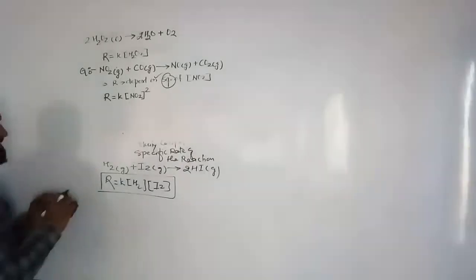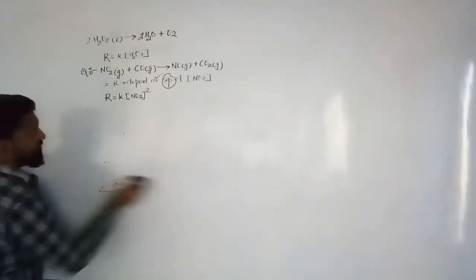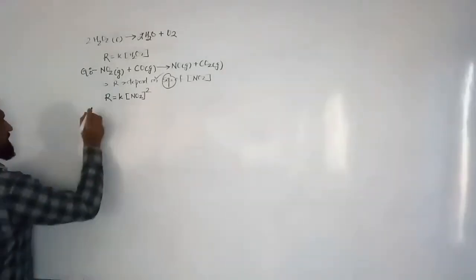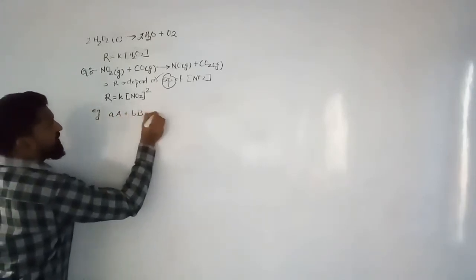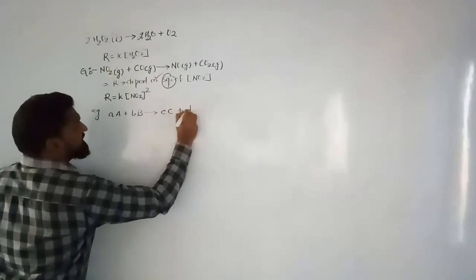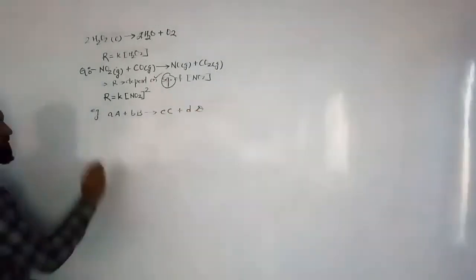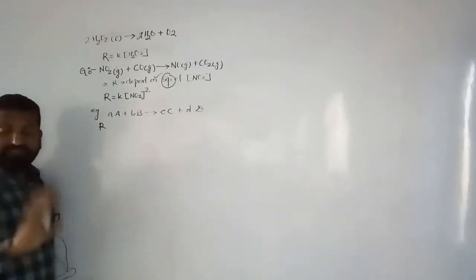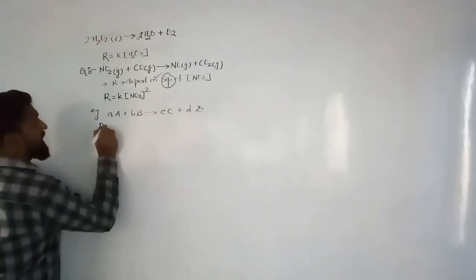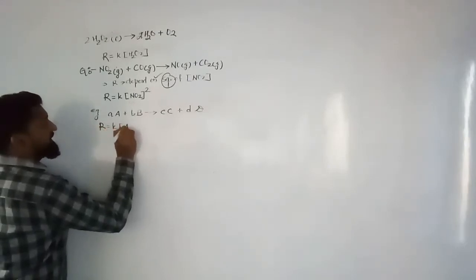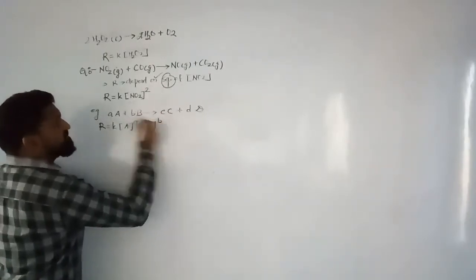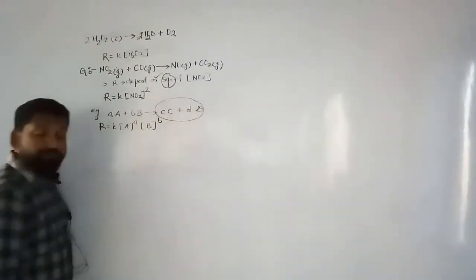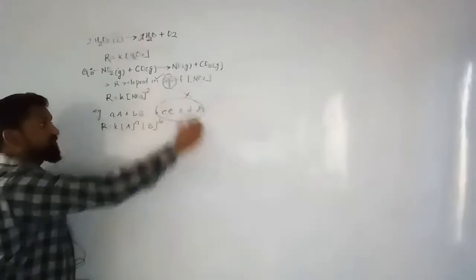For example, there is a reaction. Now the matter of rate of the reaction is over. For example, if the reaction is like this, A plus B giving C and D, now for this, how to write the rate law? Hint is not given to you, you have to write it theoretically. So R will be equal to K[A][B]. Matter solved, because rate does not depend on the concentration of product. Remember, it does not depend on the concentration of product.